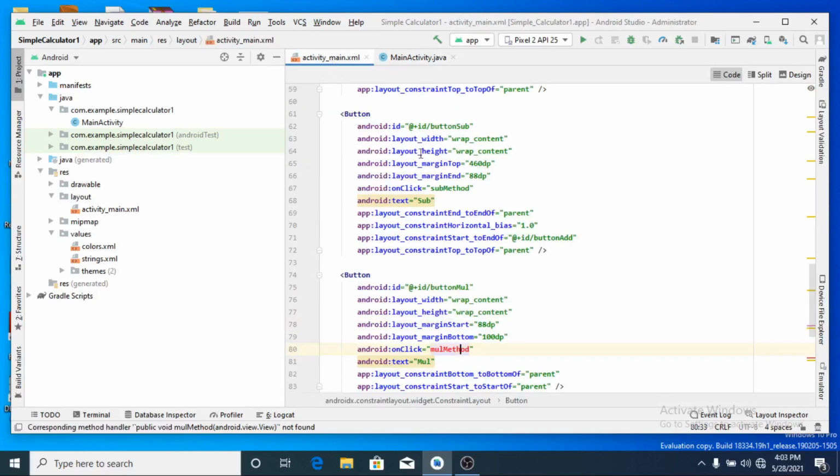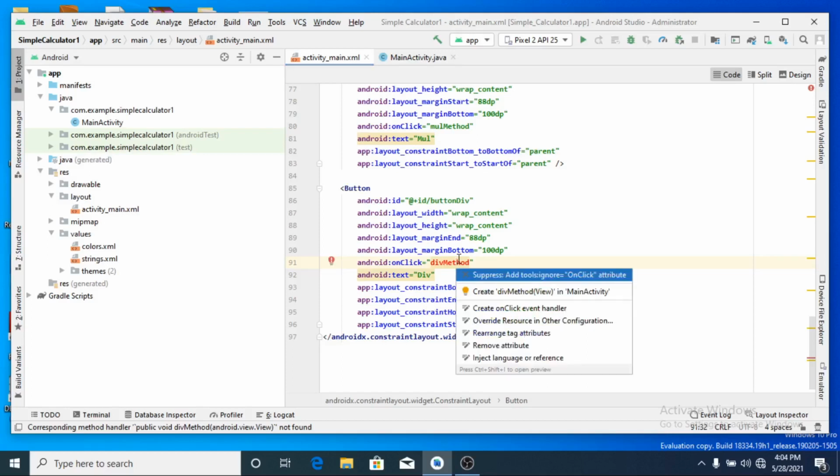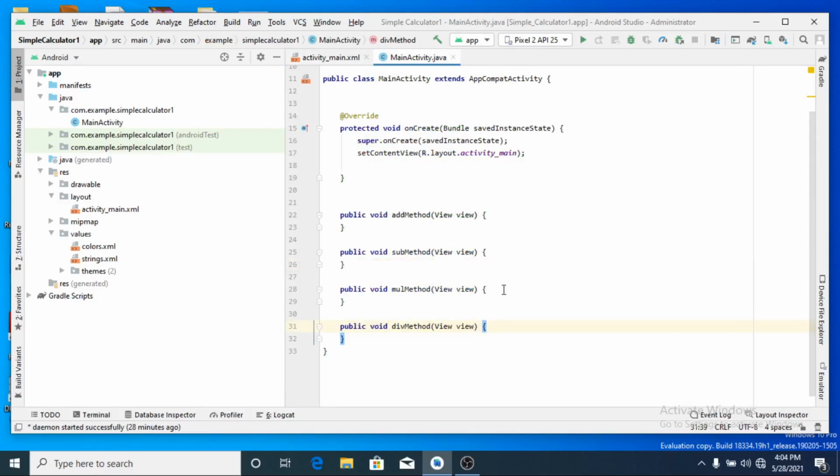We have to write the coding, but it is created there. Now come back to last, division method associated with our divide button. Alt Enter. Yeah, okay, then all the 4 methods are available. Now I have to write this method.